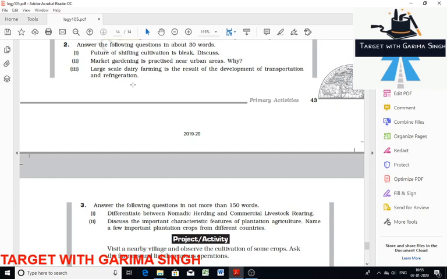Initially, supply of dairy products was limited to nearby markets, but development of storage, preservation, and transportation facilities have widened their coverage. Modern transportation such as refrigerated trucks, ships with special cargoes, and faster means of transportation like airways provide